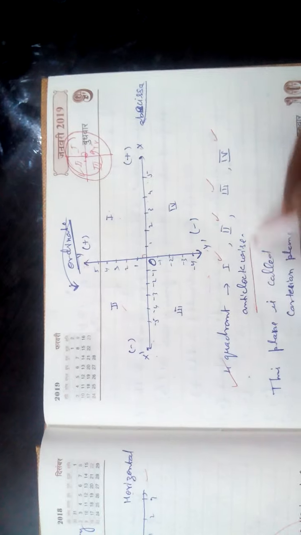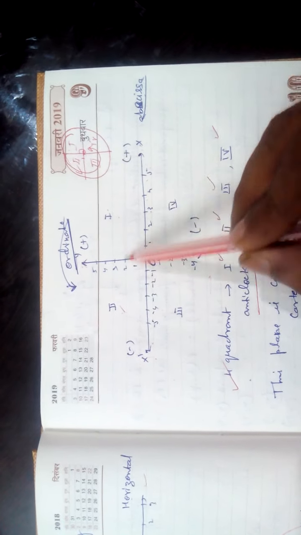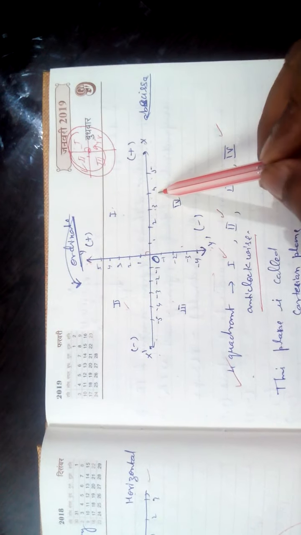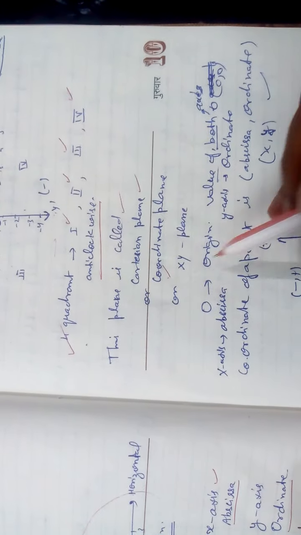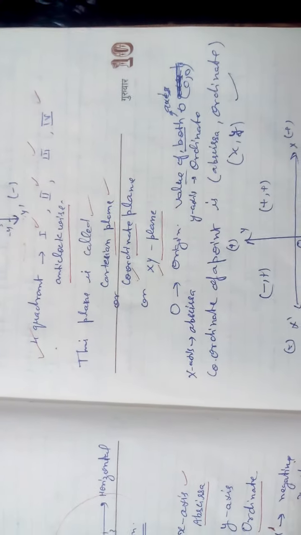You measure this anti-clockwise, and you can easily get it with the signs. In the first both axes are positive, in the second one negative and one positive, in the third both are negative, in the fourth one negative and one positive. So this plane is called the Cartesian plane, which has 4 quadrants, or you can say coordinate plane, or xy plane. They are the same, any one name will do.